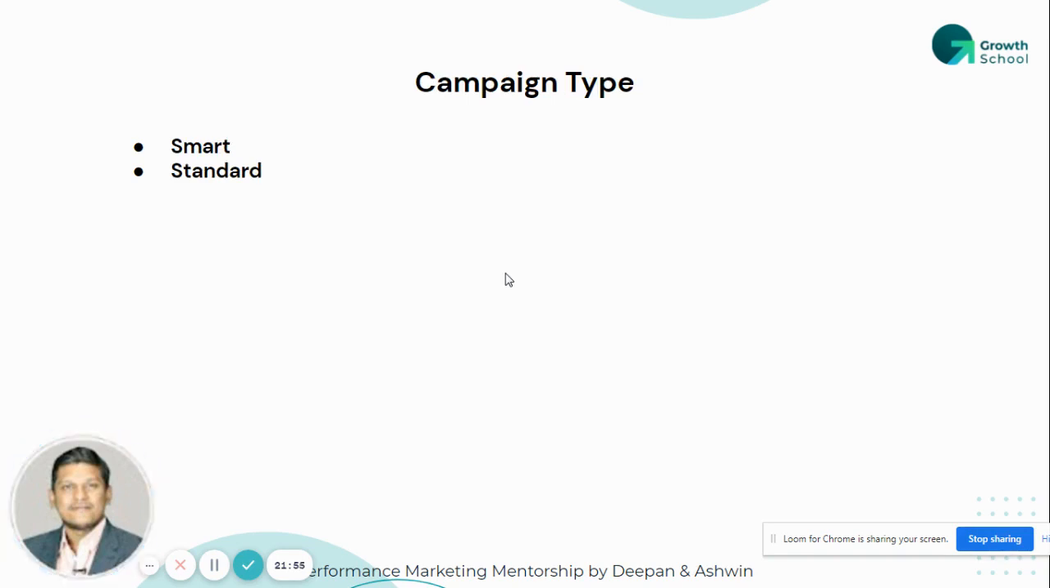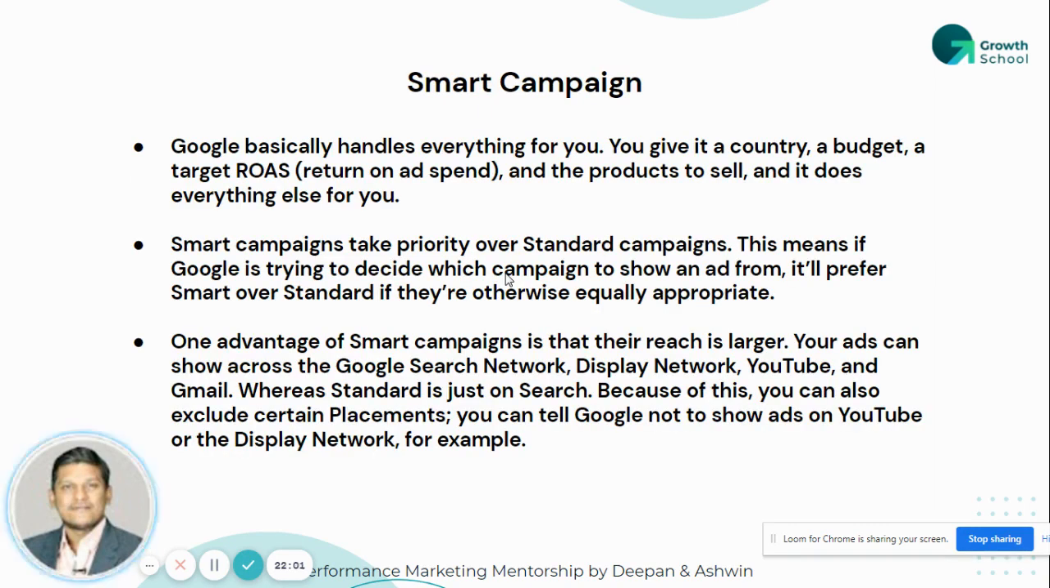Coming to campaign type. In shopping, there are two kinds of campaigns: smart campaign and standard campaign. Now, in smart, it's kind of programmatic, guys. You have to give everything to the system, like the location, budget, target ROAS, and the products to sell. It will do everything for you. The best thing with smart campaigns is that they take priority over standard campaigns. So if Google thinks to show something in front of the audiences, then smart will be first,